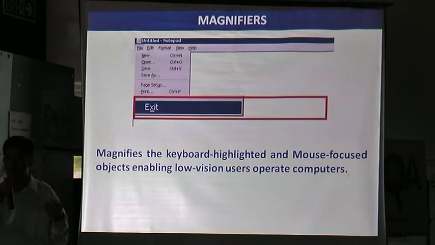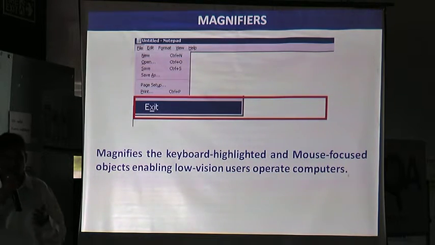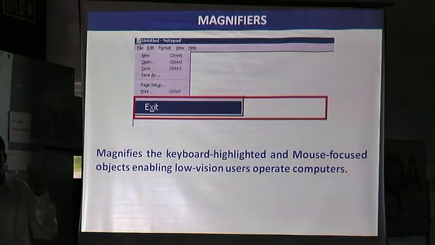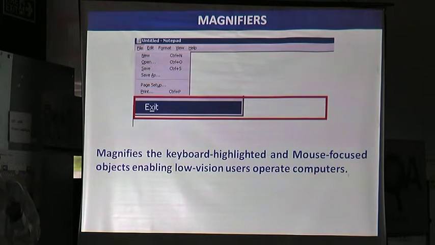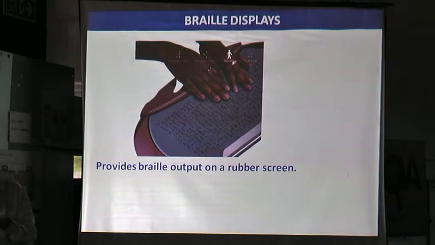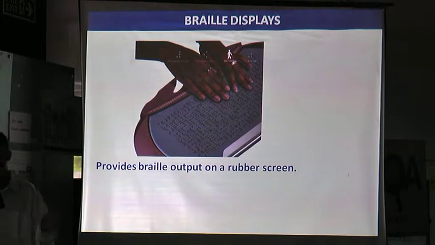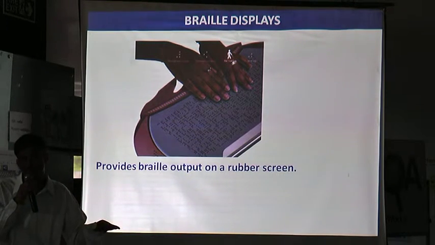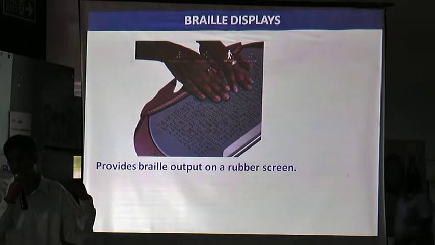Going on further, for many blind people who are very much acquainted with Braille, Braille is a script that presents text in the form of dots. Now, these dots are generally felt by hand, and a letter, a word, a paragraph, or a sentence can be read out. It's generally read by feeling through the paper. Braille displays